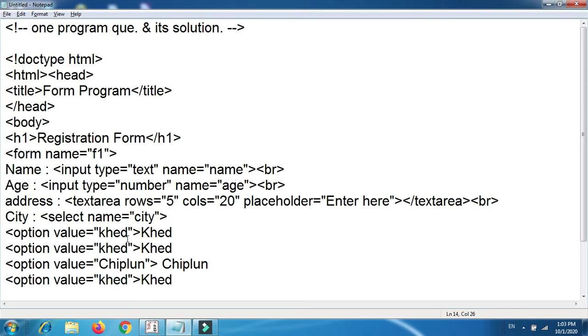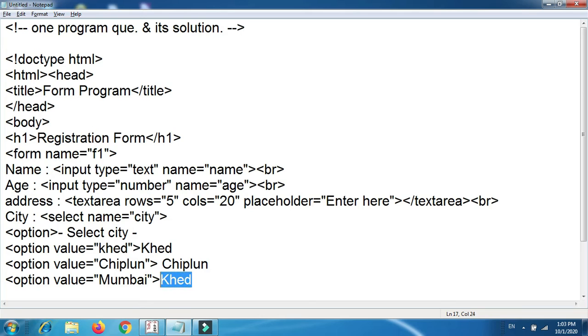This is also a good habit to write an option like dash select city, fine. Now the next thing I'm going to add is Mumbai city, sorry.